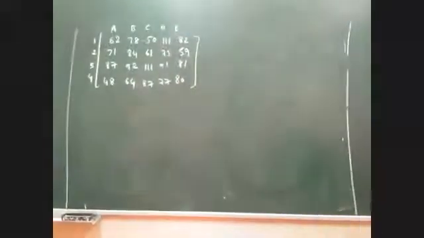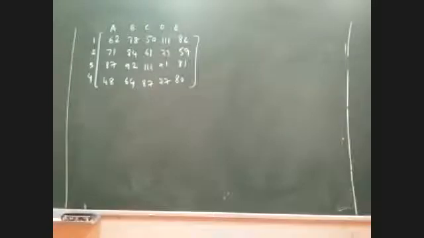Okay. Now this is the question we have. I think it's very clear from the question that it is an unbalanced assignment problem because the number of rows is 4 and the number of columns is 5. Just now I've told you very clearly, even in maximization case problem, first it has to be balanced and then we should think of all other methods. The first step we are supposed to do here is balance the problem. So where am I supposed to introduce dummy here? Is it a dummy row or dummy column?